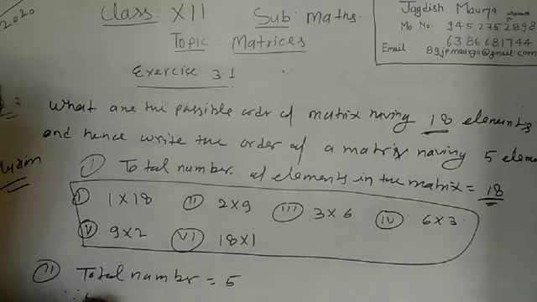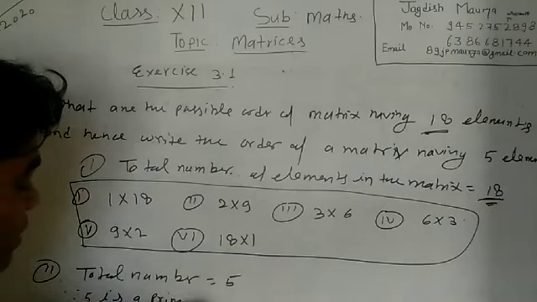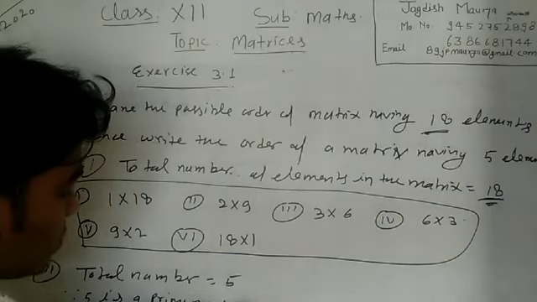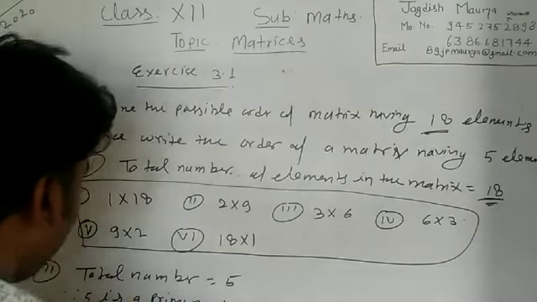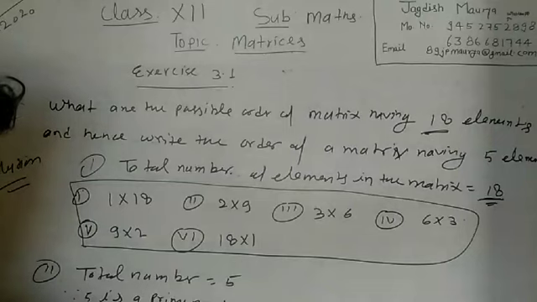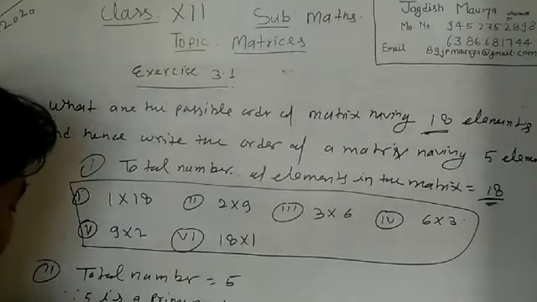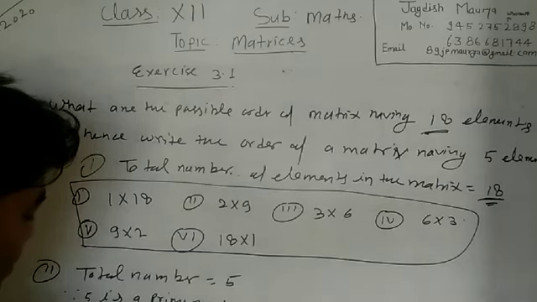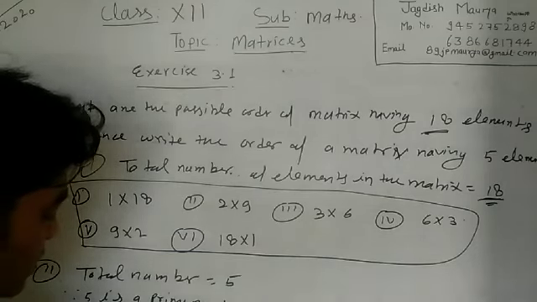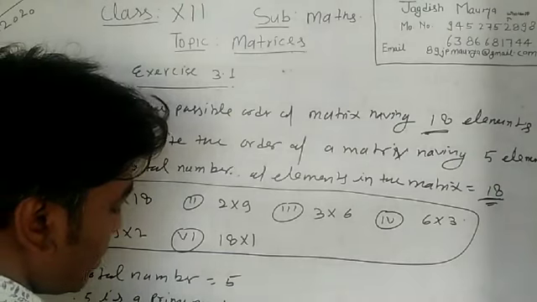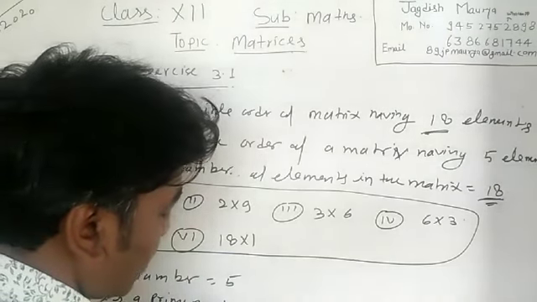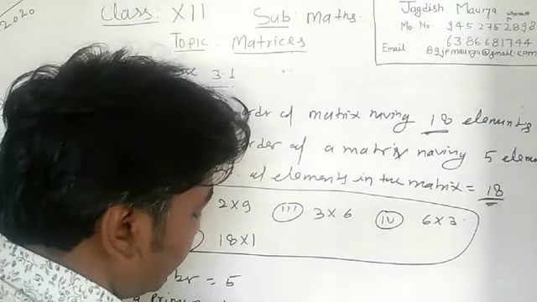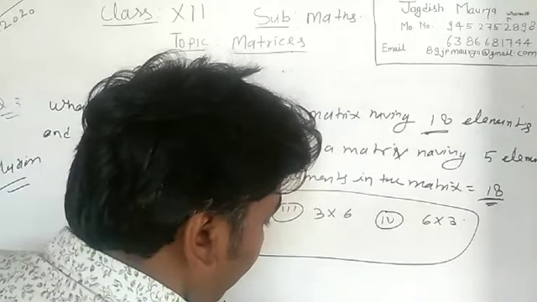Since 5 is a prime number, therefore the possible order of a matrix having 5 elements is